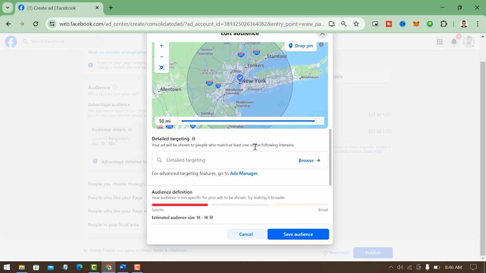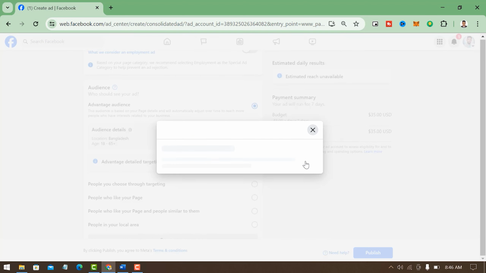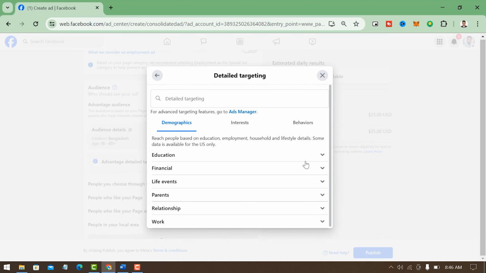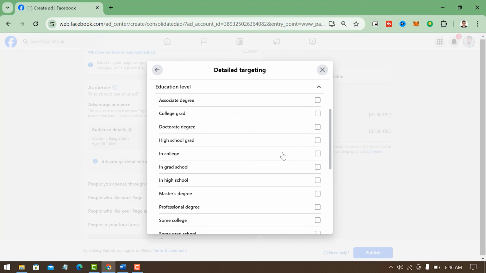After selecting the locations, you have to come on the detailed targeting. You have to click on browse. You have to select your target audience based on the 3 categories, that is demographics, interest, and behaviors. On demographics, you will find lots of category. See, you have to expand all of these and you have to select which category is relevant to your product